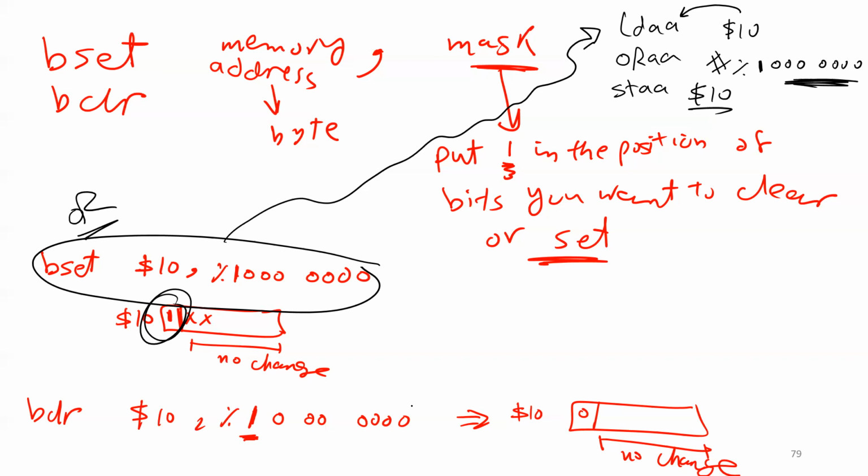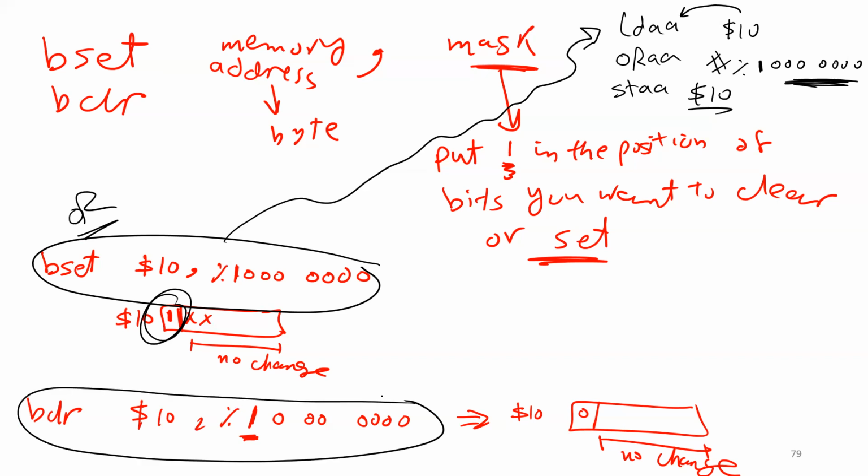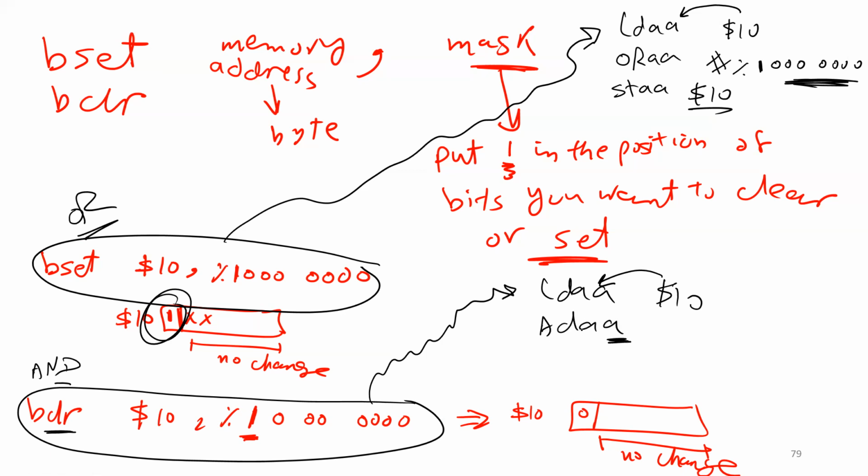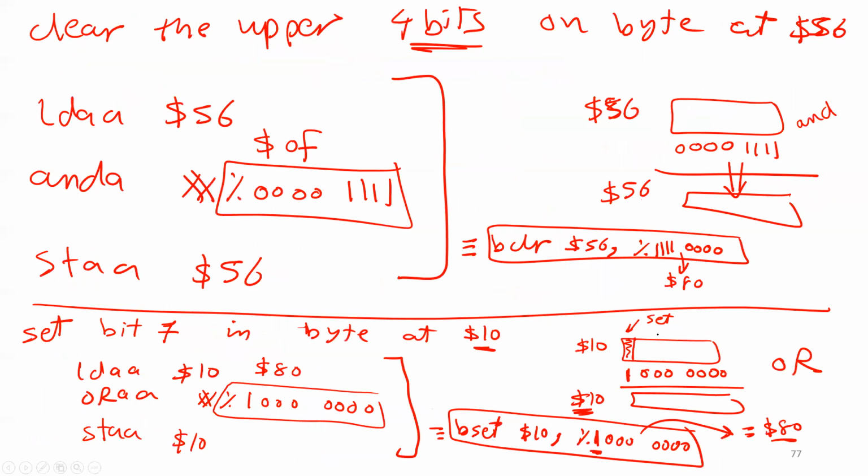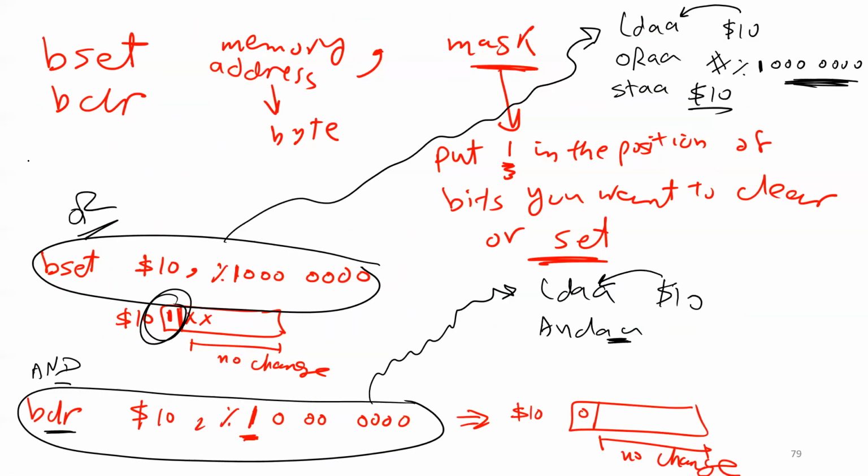Okay. Now, how can I do this one? You told us if you want to clear some bits, I can use this one or you can use AND. Yes. So how can you do it? Okay, I'm going to tell you how you can do it using AND. Same idea. You have to do load register A 10. So I have to read the byte at the location 10. This number 1, right? Then I'm going to do AND A. I think it's AND A. Let me see the writing. Yeah, it's AND A. It's 1A. Okay. So it's AND A, right? And then here